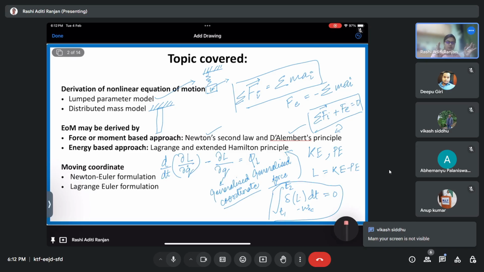My screen is not visible. I think you should check your connection once because it is visible to other people and it is visible to me also, like in my laptop. Maybe you can rejoin again because